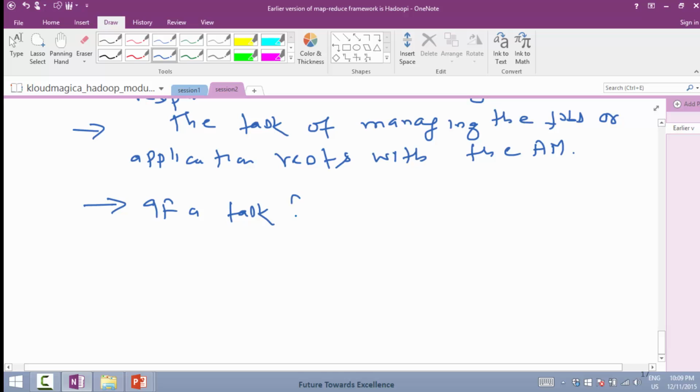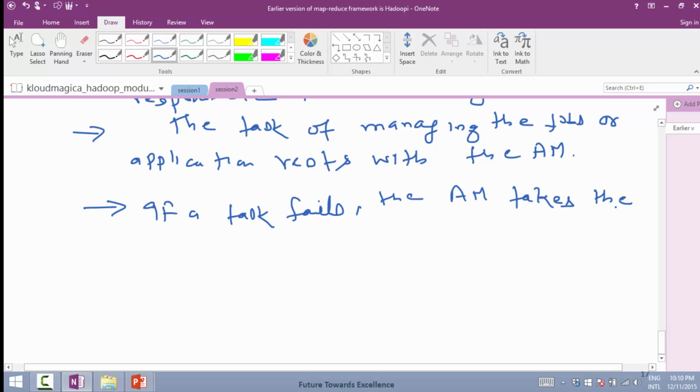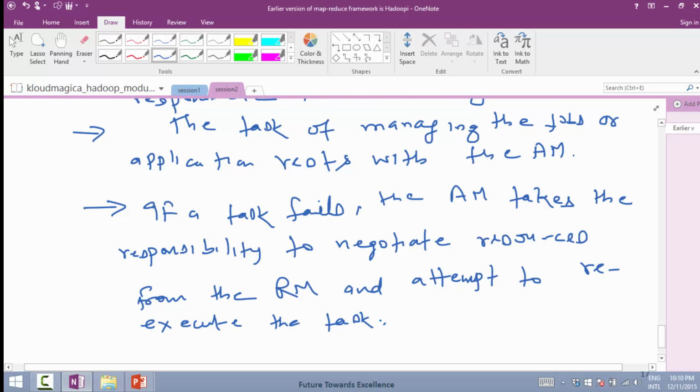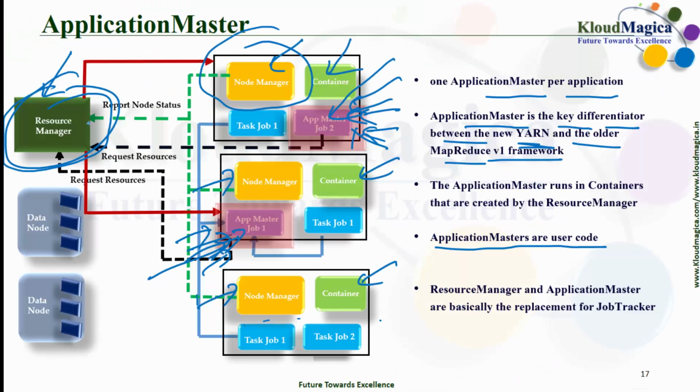If a task fails, the application master takes the responsibility to negotiate resources from the resource manager and attempt to re-execute the task. So what basically we have written in YARN, resource manager